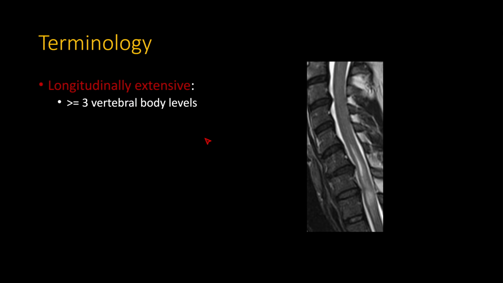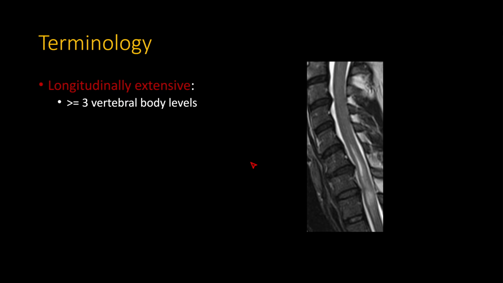Another imaging-only terminology that's good to know is the concept of longitudinally extensive spinal cord lesion. And what that means is they involve 3 or more vertebral body levels. So you can see this cord lesion right here involves 3 vertebral body levels, 1, 2, and 3. So this is a longitudinally extensive lesion. And these are very useful because they have their own differential, and they most notably will exclude some other